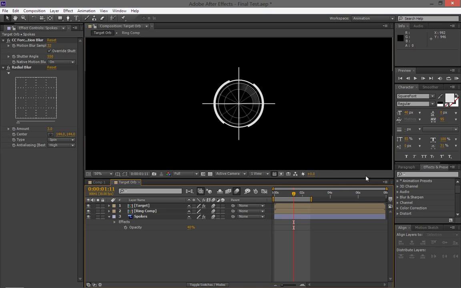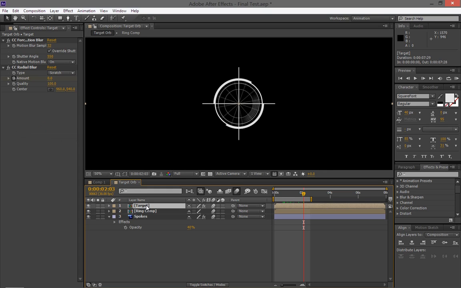Okay, so we got that sorted. It's looking pretty good right now. Everything's coming in much better than it used to. And now we're just gonna go along and kill some of the glows and all of this stuff. So we added our effects, our motion effects, and now we're just gonna go to the target and we're gonna